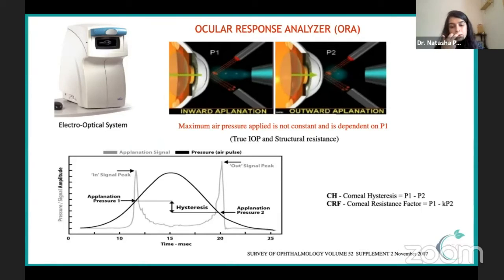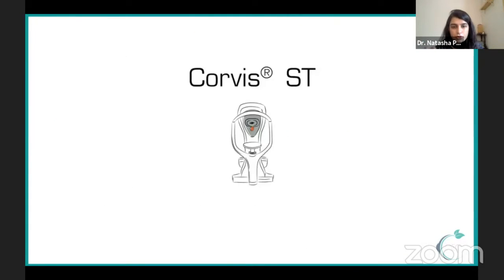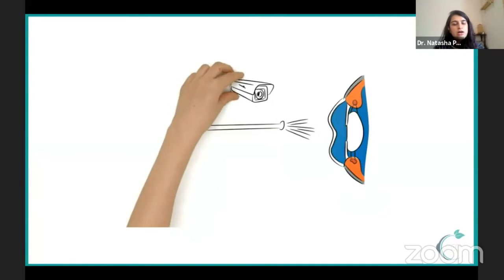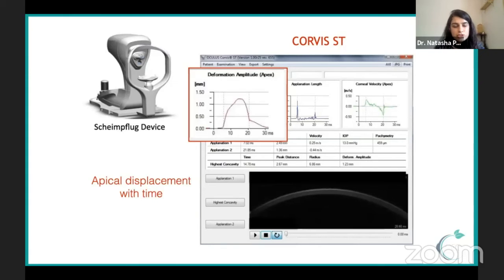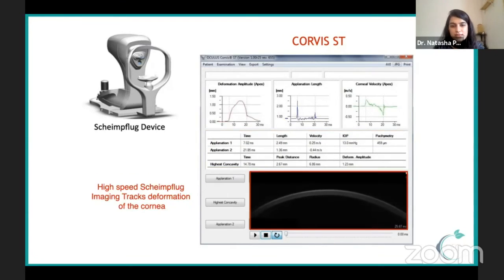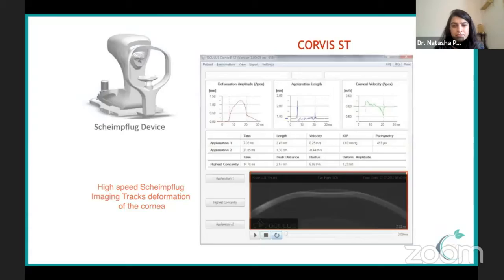The other clinically available tool is a high-speed Scheimpflug camera, which, after application of an air puff, takes a video and transfers it into data analysis, and tells us how strong or how weak the cornea is in terms of its capacity to deform. Initially, the plain Corvis had a parameter called deformation amplitude, and that was the only measurement that we were taking earlier. It also gave us the first and second applanation, which were high-speed image tracking of the cornea.